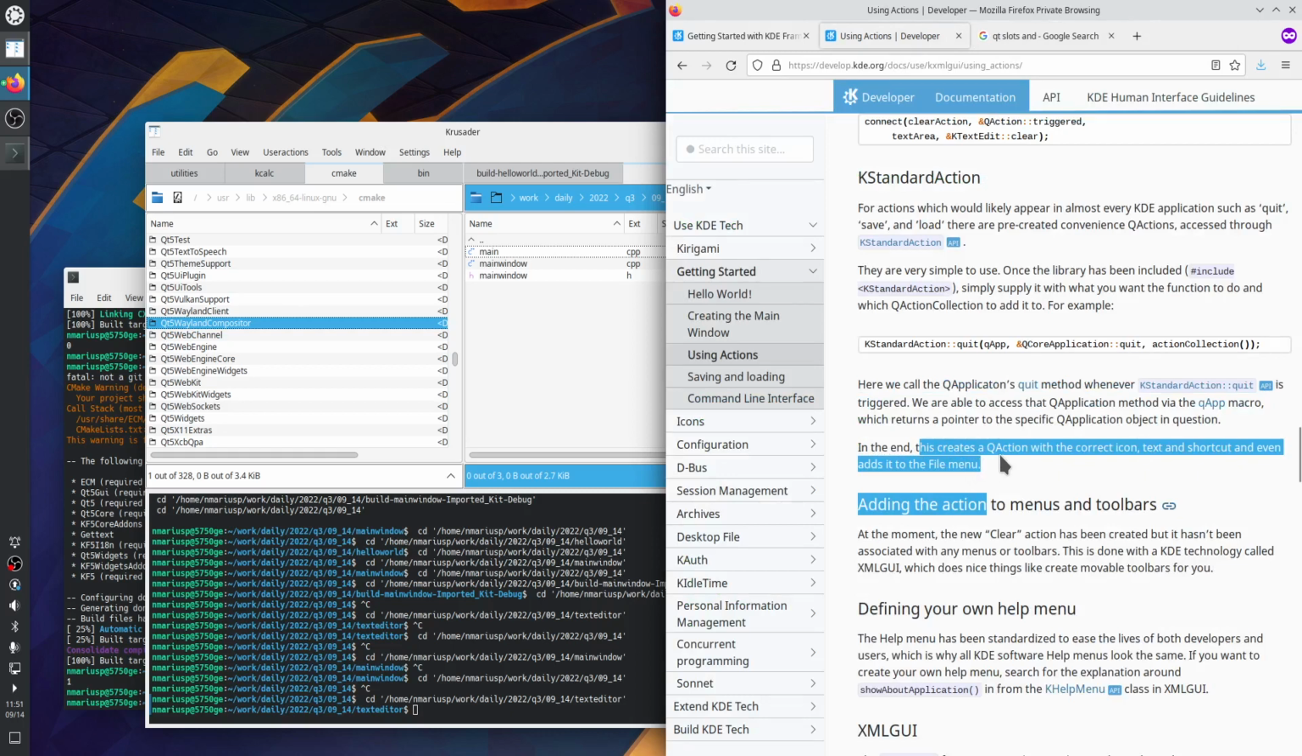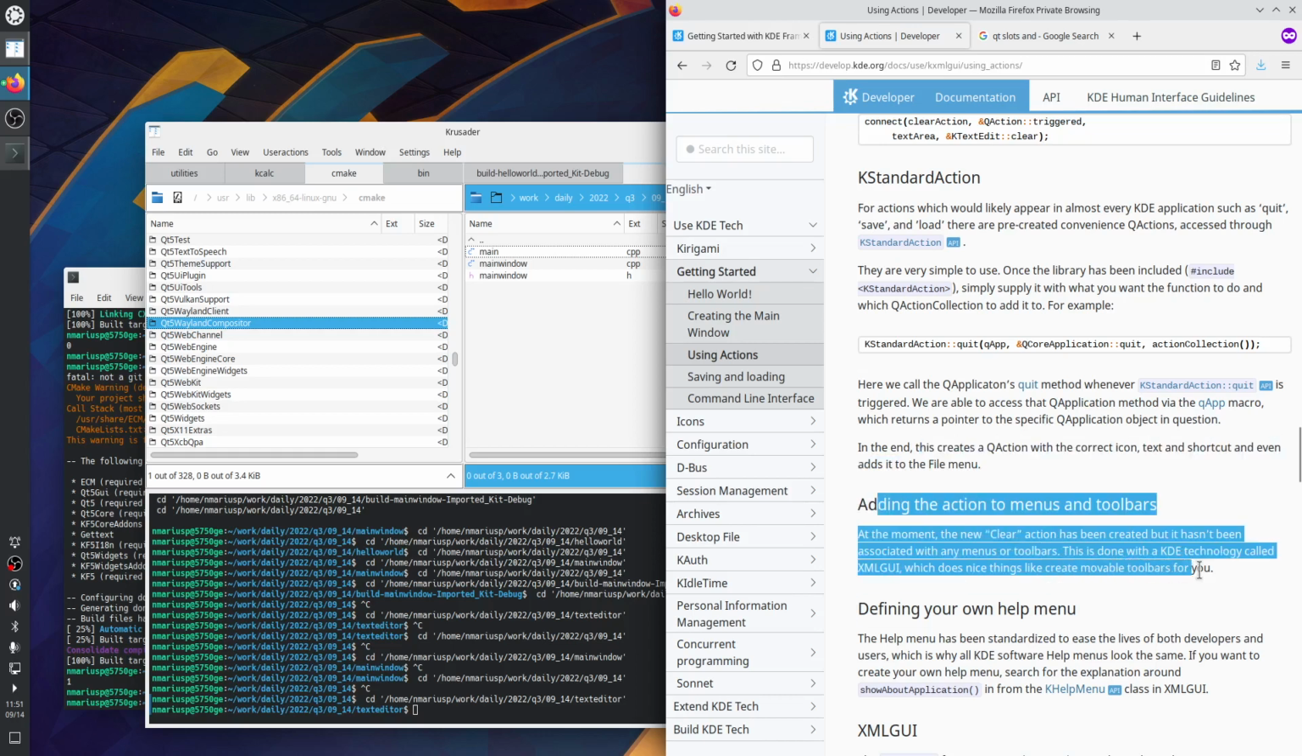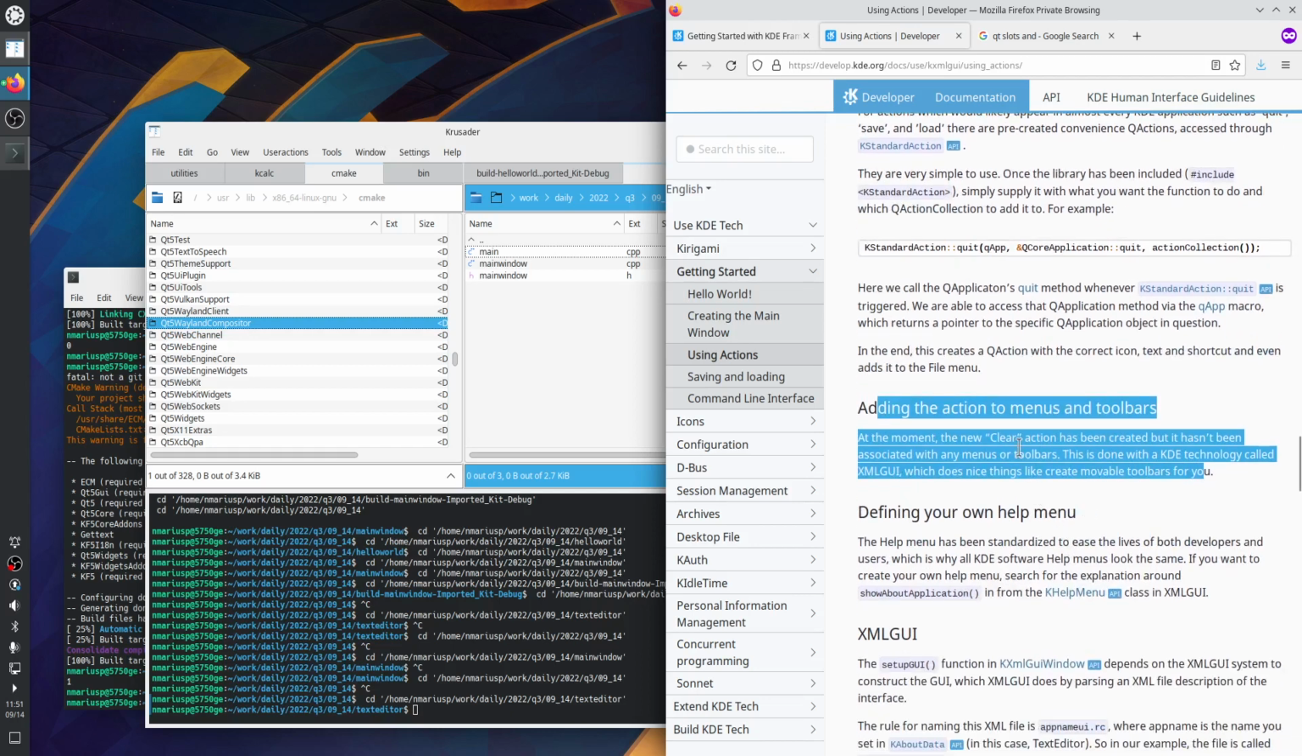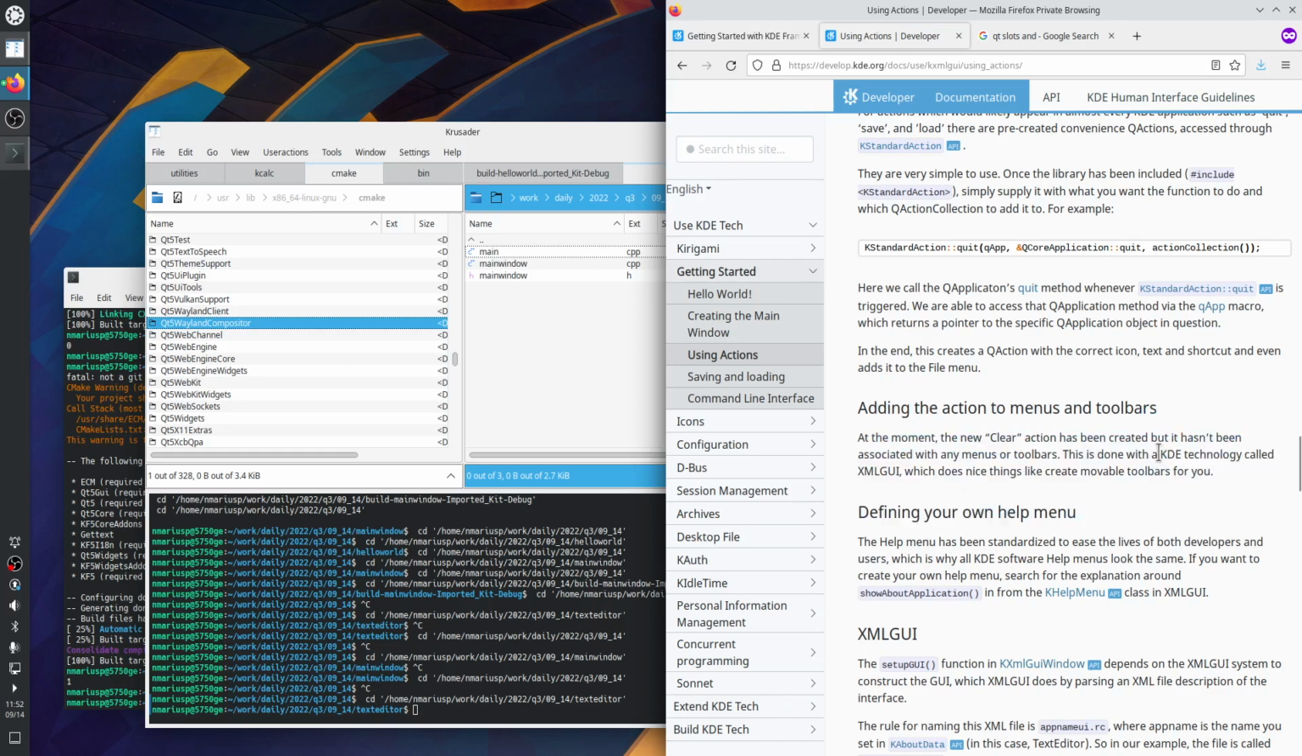KStandardAction, correct item, text, shortcut, which is the accelerator, and the shortcut even adds it to the file menu. Okay, so we have the action, but we did not say create a toolbar item, show the toolbar item, and this toolbar button is in fact that QAction. So using the Qt technology called KXMLGUI,